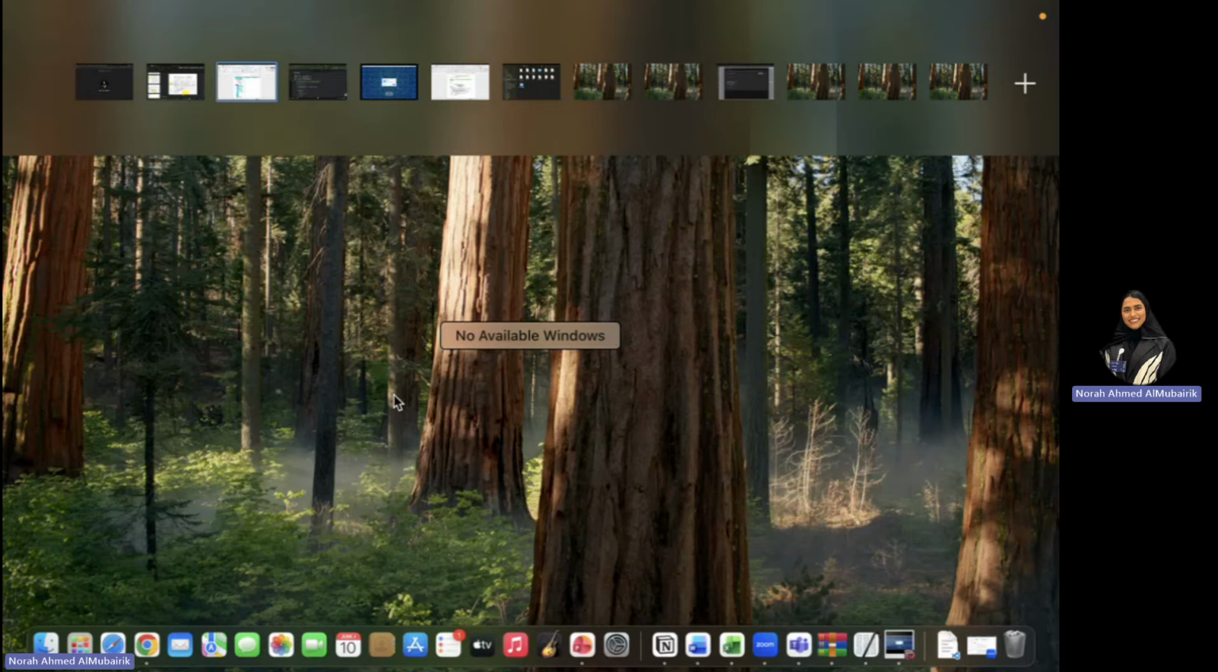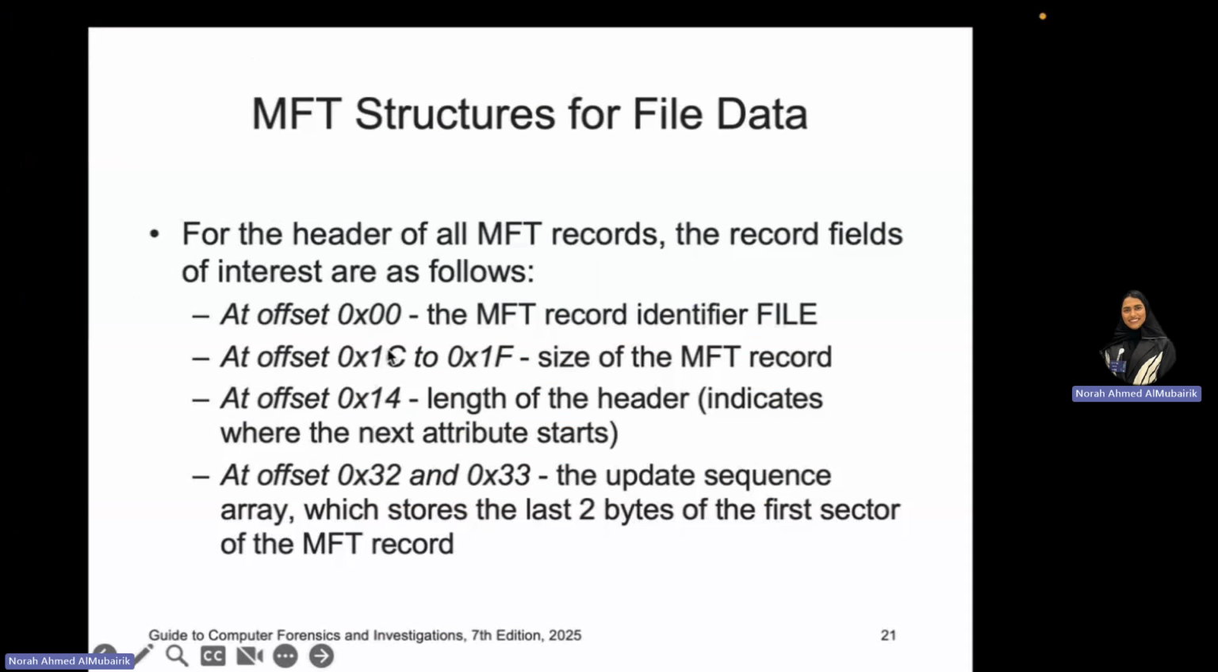So let's go to the MFT header. For all MFT records, the record fields of interest are as follows. If I have any header, usually a header has something called an identifier. This identifier means that if it is FILE or FILE0, this is a normal, clean, correct file. If the record identifier is 4 bytes of 0, this means that this is a file that has